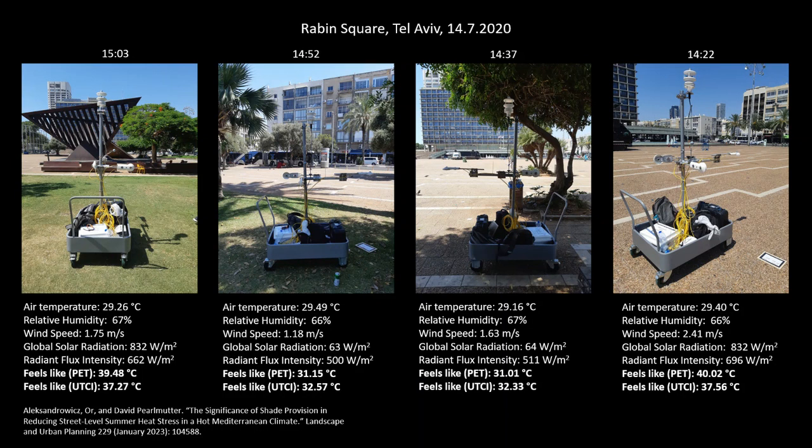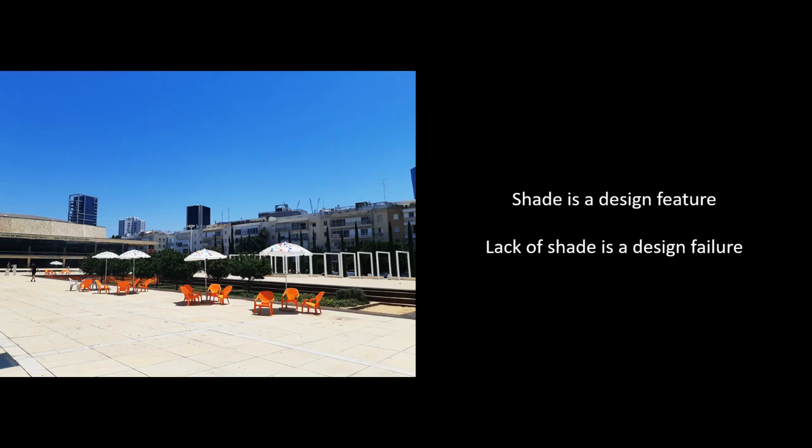Trees are really expected to be a miracle tool for overcoming this lack of shade. The only problem is that we do not have enough data on where shade actually is and how to quantify shade. And this is a huge problem because we're expected to help urban designers and urban planners